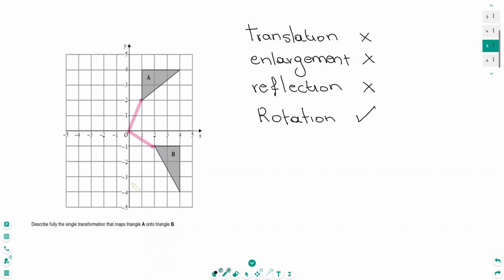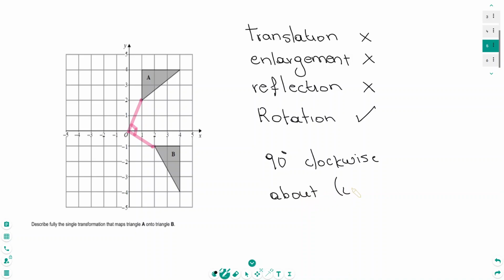So one possible rotation is the 90 degrees clockwise about the origin, because you see the angle it makes about the origin is 90 degrees, and the distances are exactly the same. So a possible transformation is a rotation of 90 degrees clockwise, and we need to state the point of rotation about